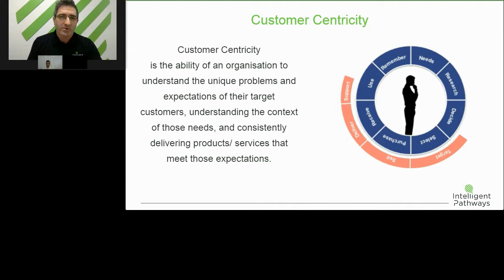But what's really critical here is when you start to see the customer at the centre of what you do, you're starting to shift the perspective or the language from which you see what the solution looks like. So we look at things like target, sell, deliver, support as fairly typical product or producer-driven mindsets, when really customer centricity is about seeing things from their point of view. What are their needs? What research are they undertaking? What are the decision-making processes they're undertaking in order to get to their end state?